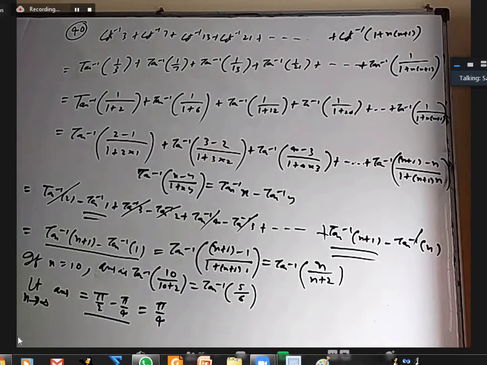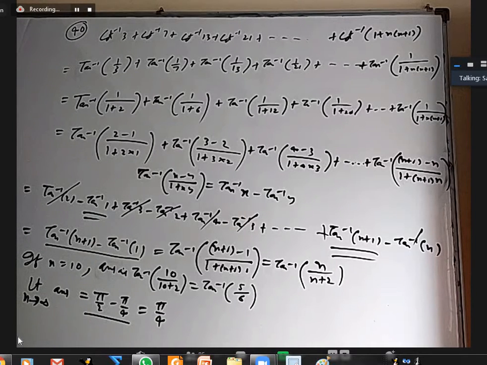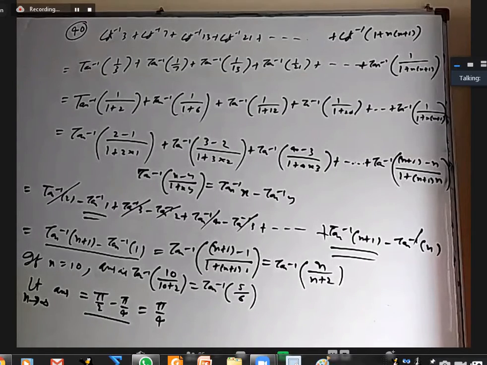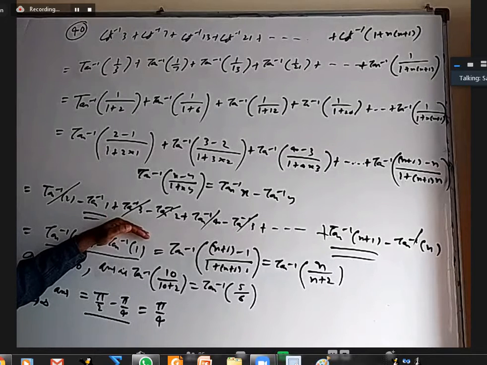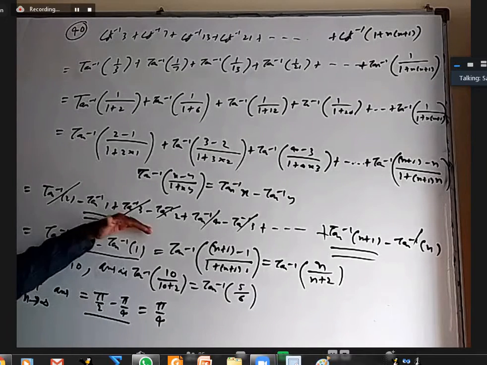Okay, so quite regularly they ask this kind of question in the exam, both in Mains and even Advanced, and in other exams also. The method that we used here, does anybody know what is the name of this method? In the progressions chapter? Method of difference. Yes, this is called the method of differences.